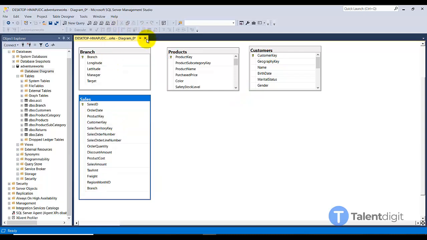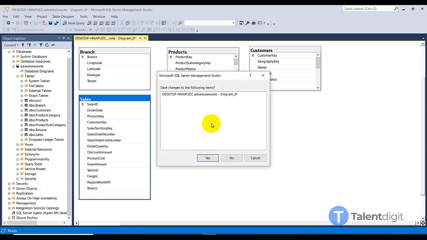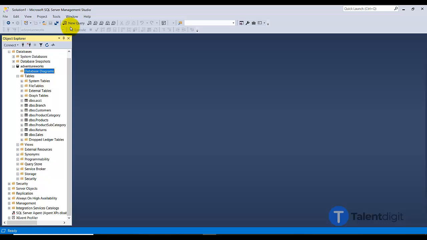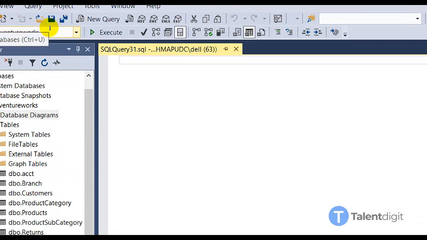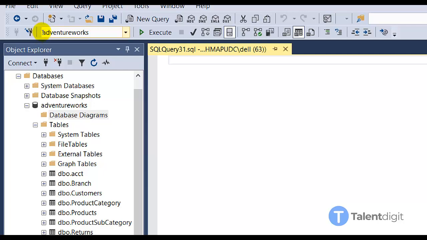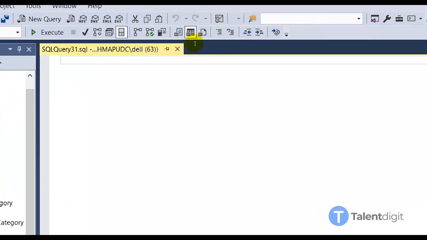So I'm going to delete this. I don't want it, and I don't want to save it as well, so I say no. Let's write this query. So I'll come to new query, then ensure that you're currently on the AdventureWorks database. This is what I want to do. First of all, I want to select P from product,